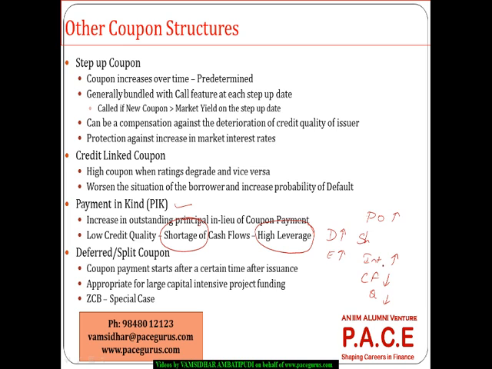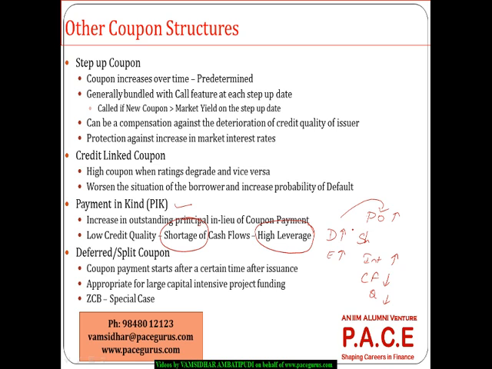So that is where they can try to repackage by increasing the principal outstanding rather than paying the coupons at regular intervals. For those companies whose credit quality is going down because of a shortage in cash flows or because of high leverage, these coupon structures may really come out as a saving grace